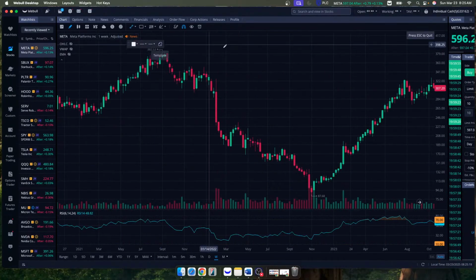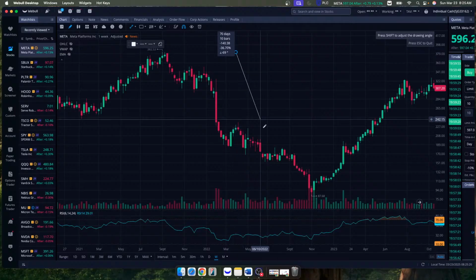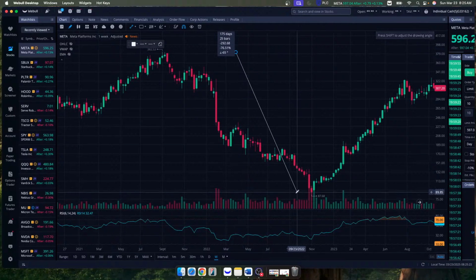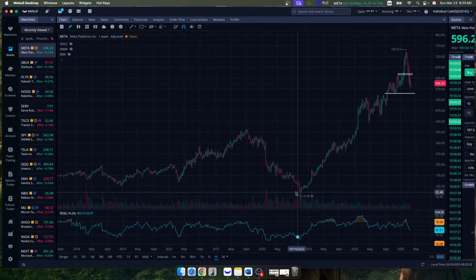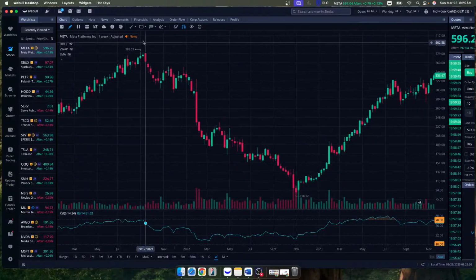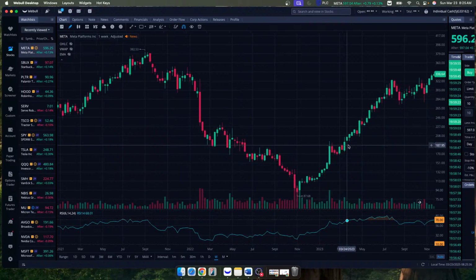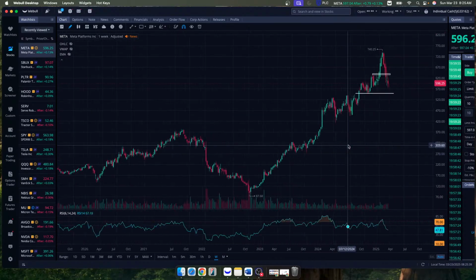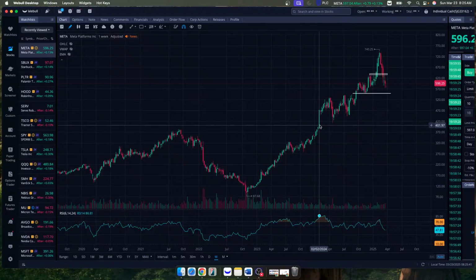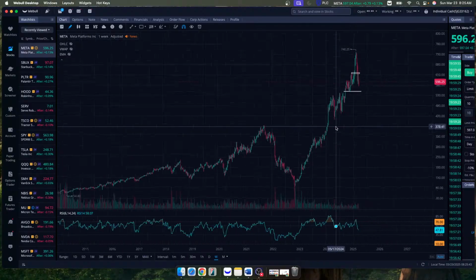And it can just get irrational real quick. I mean, 382 down to 87. I mean, that probably pulled out a lot of people. 76% pullback. So this is why I'm cautious with Meta, because I know that it can do things like this. It can pull back 76%. And this isn't even a long time. 2021 down 2022, you're holding it for a year. You just get crushed, down 70%. Now, if you held it or added, congrats to you. You made a lot of money.